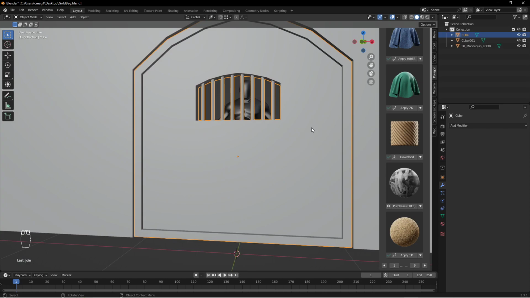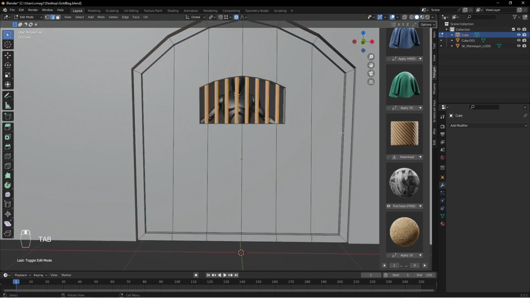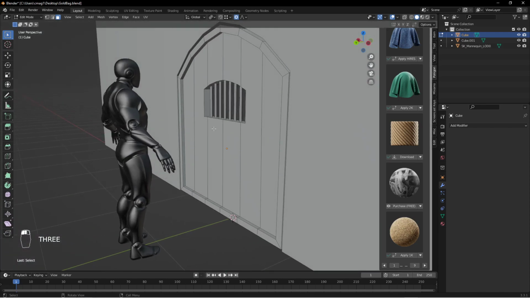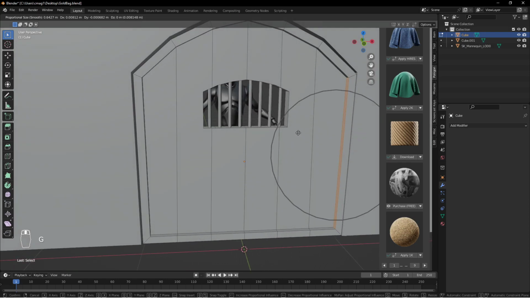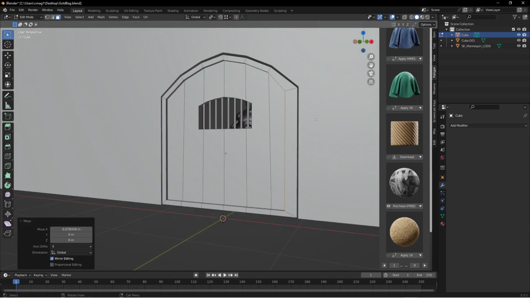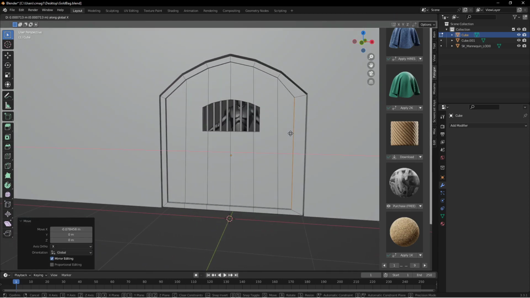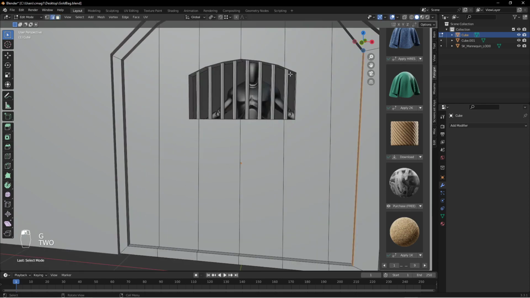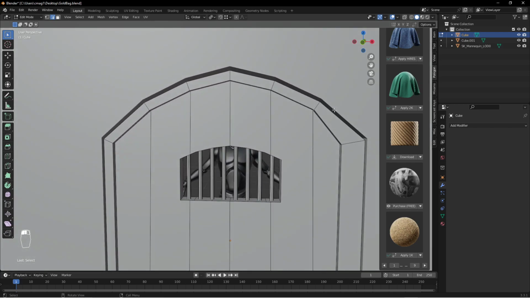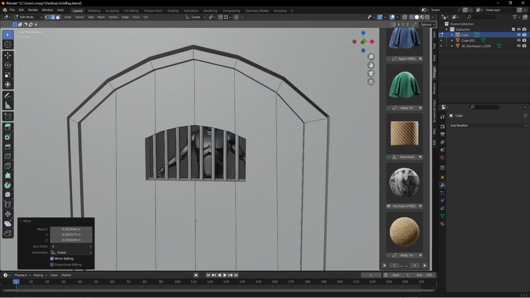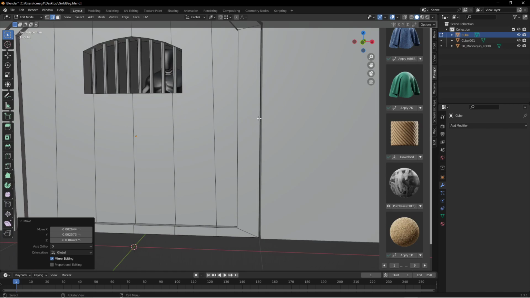And then let's pick a side of the door. I'm just going to pick this one. Back into face select mode so I can grab both of these sides. Grab it and move it. Oop, I don't need proportional right now. Let's just move it in on the G, or on the X rather. Let's just grab that and move it down. And then right here,